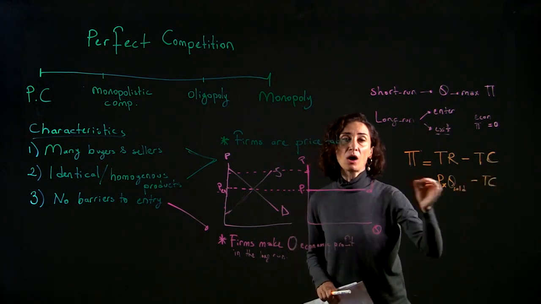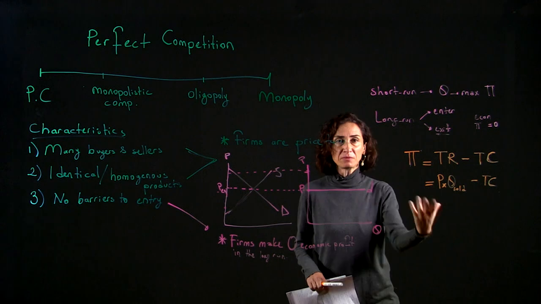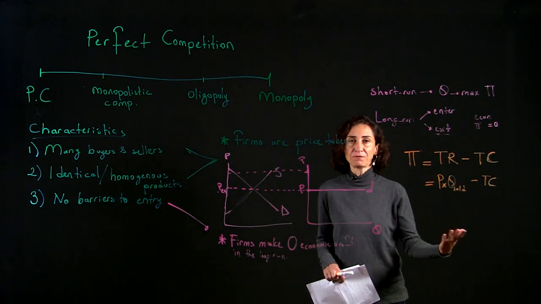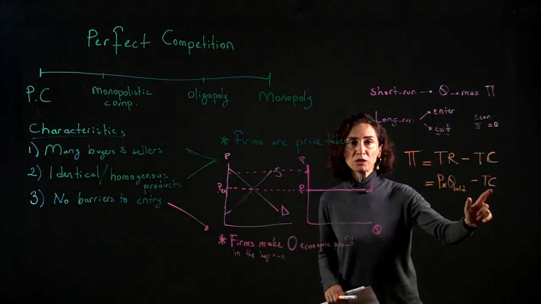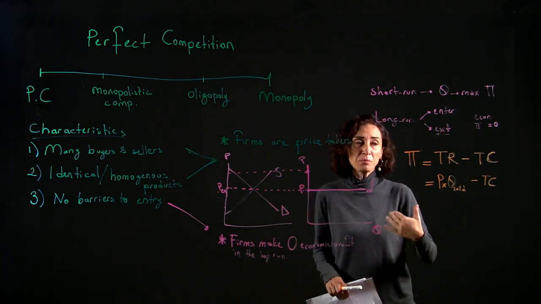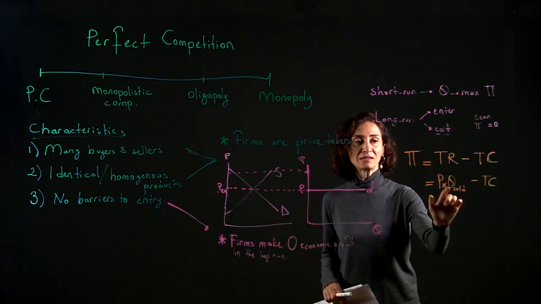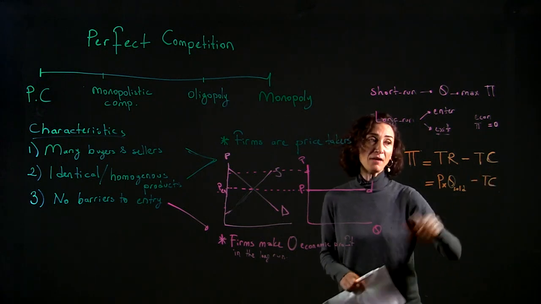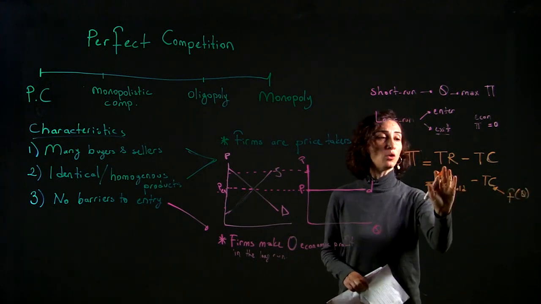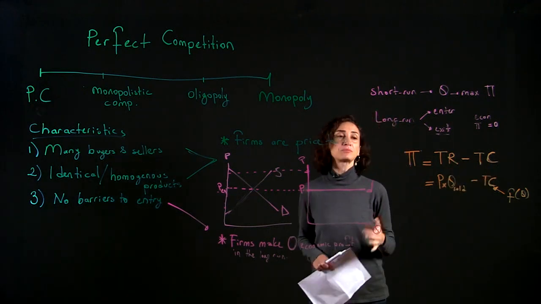These cost functions are functions of output, right? When I produce something, as I produce more, I don't know, sandwiches, coffee, whatever we are talking about, my cost will go up. Why? I will use more labor. I will use more capital. I have to make more expenditure to produce more. So here we have something that depends on output, and here we have also something that depends on output. So both sides of this definition depend on output, okay?